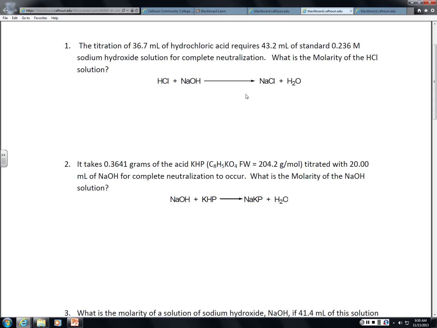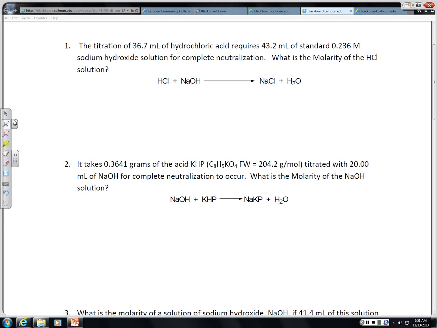Okay, so if we look at this problem, where do you think we're going to start? Okay, we're looking for molarity of HCl. Okay, so whatever you're trying to find is going to be used later. Okay, so we want to look for also what we know the most about. So we know the molarity and we know the volume of the NaOH. Okay, so that's where we're going to start. Okay, so just like in our previous unit, if we take the volume,